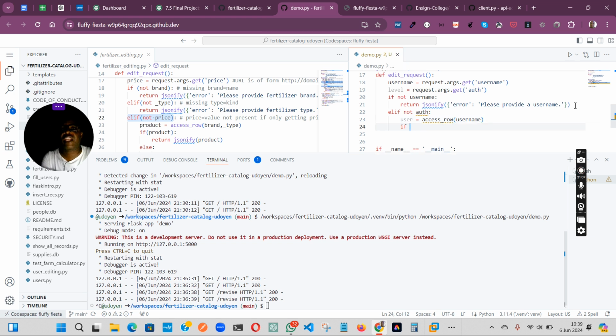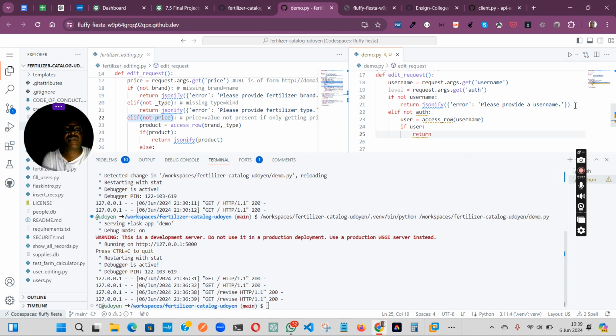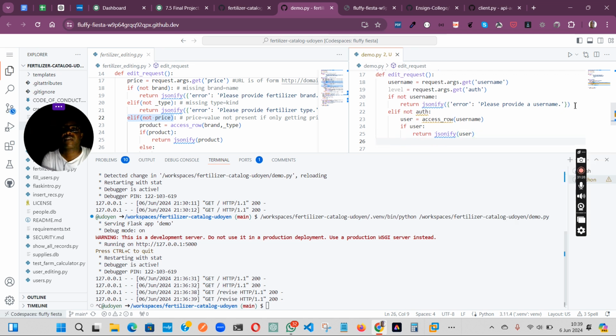Then if user, then return, sorry about that, return just identify user. Else